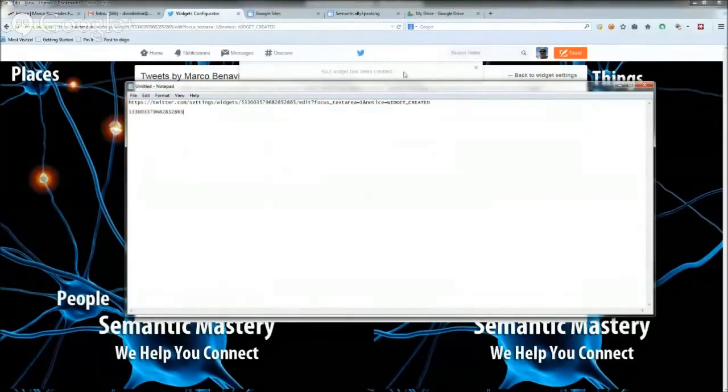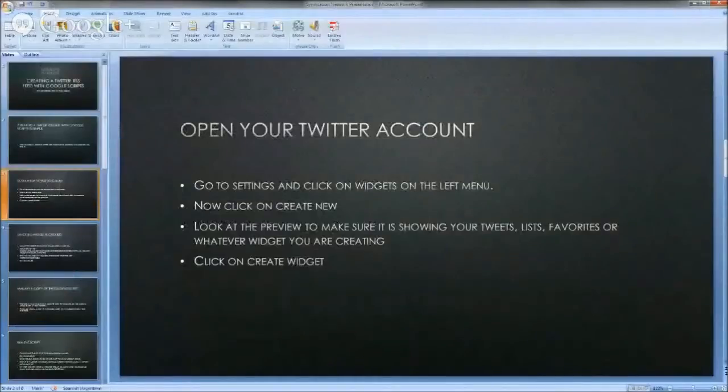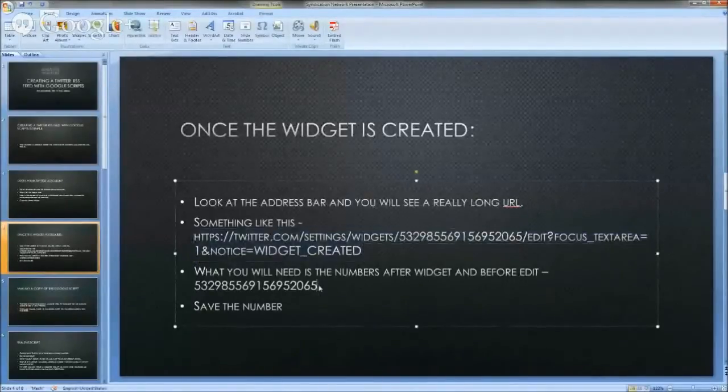That's like the widget ID. That is exactly what it is. And remember, each widget is going to have a separate ID. Once the widget is created, look at the address bar. Get that URL, which is something like this. Get the number